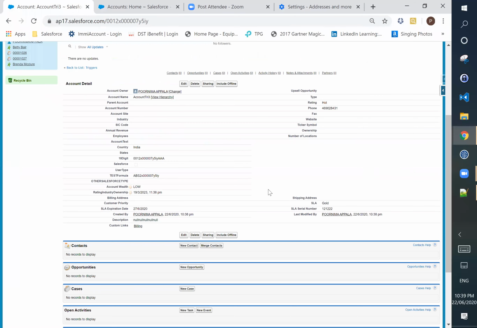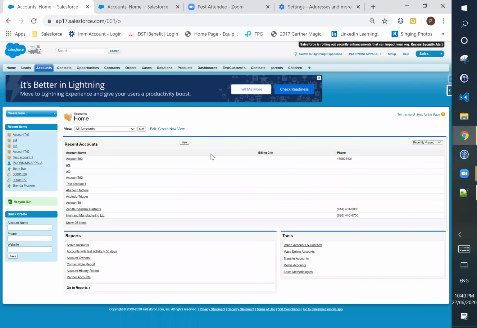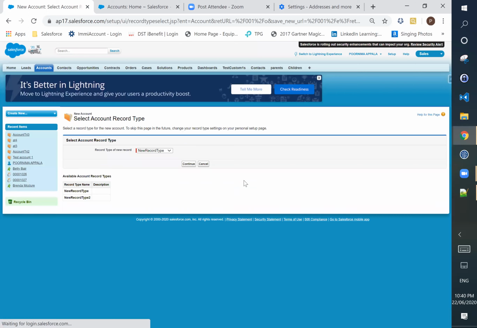Meanwhile, others please try unit testing this code in your org. Prashant, I had a concern here. In the code, account dot billing address is equal to account dot shipping address, no? So here in the unit testing part, we are giving all the shipping address as null and billing address as something. Oh, that is the reason. Yes, you are right.